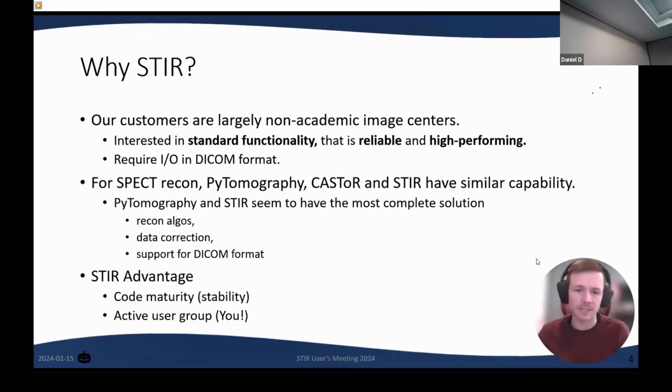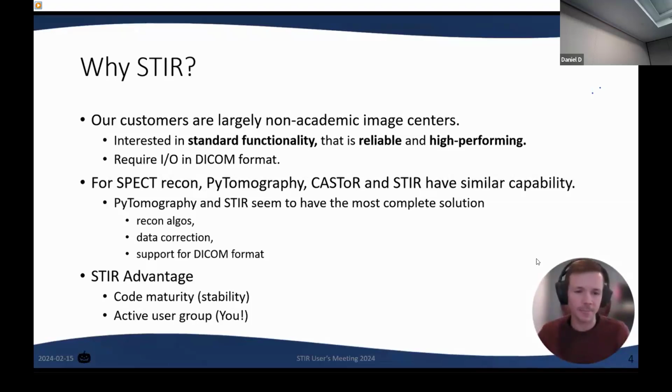So really, the things that we need to satisfy for these customers are standard functionality, with a large emphasis on software being very reliable and also high performing. Another requirement that we had to consider is the fact that all of our customers really operate with image formats that are in the DICOM standard,